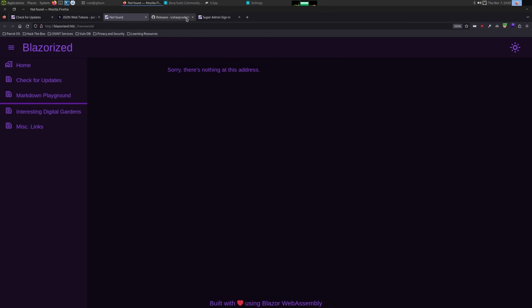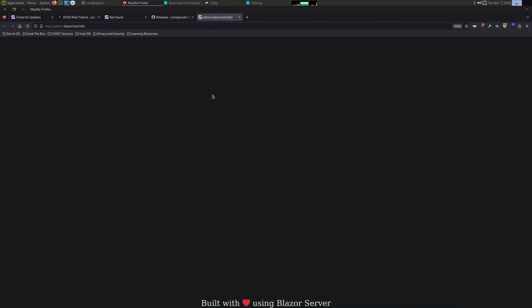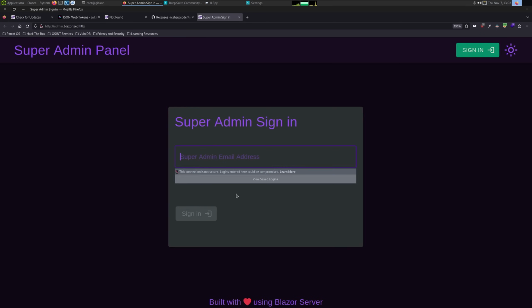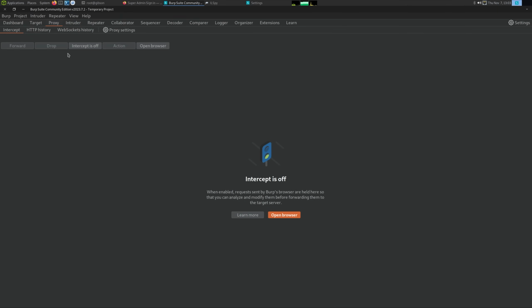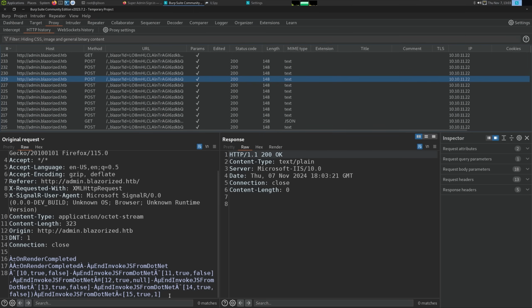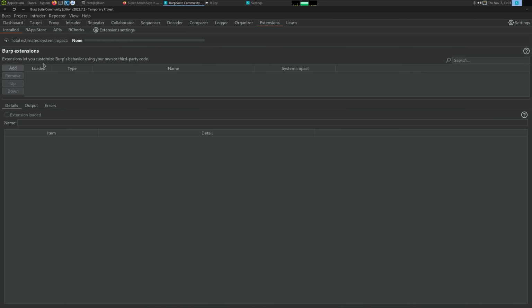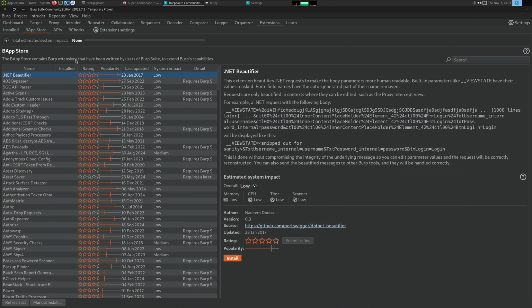And let's see, we're super admin sign in. It doesn't look like it works. So that's not how this application appears to be authenticating, or maybe it has a different secret. I don't know exactly what's going on here yet. So let's go and try to intercept or view what is happening here. We could look at HTTP history, but this is going to be where I was talking about where it gets like serialized and hard to read. You can kind of make sense about it,